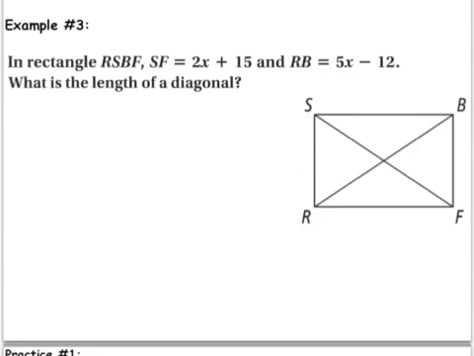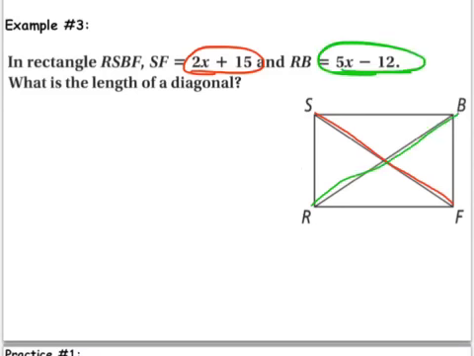Example 3. In rectangle RSBF, we know that SF, this diagonal here, is equal to 2x plus 15. We're also told that RB, this green one here, is equal to 5x minus 12. And we want to find the length of a diagonal in this rectangle. Based on the theorem we just learned, we know that these two measures are going to be equal to each other. So we know 2x plus 15